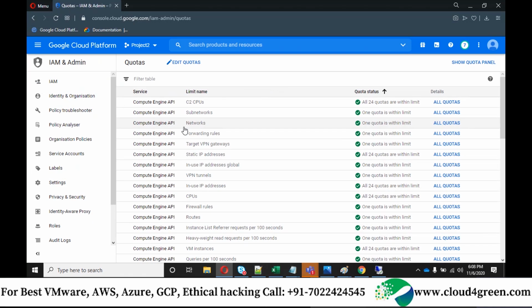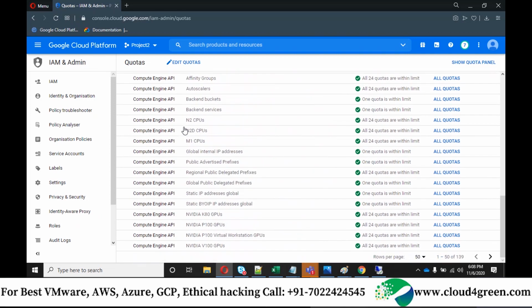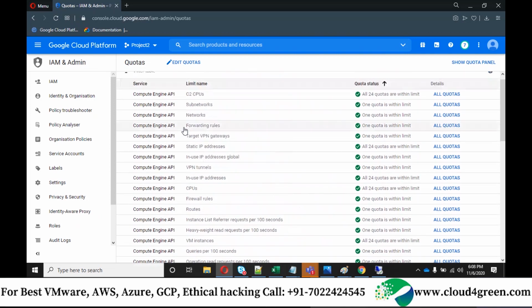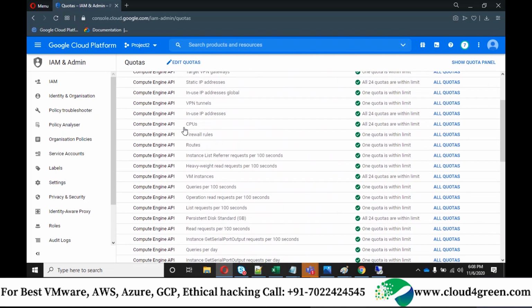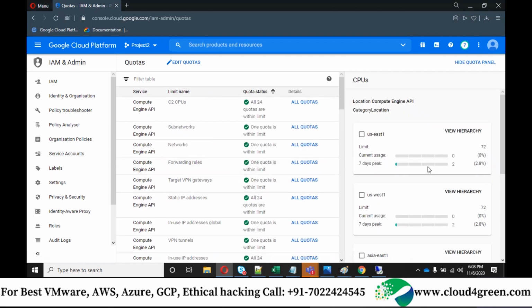So here in AWS, sorry, in Google Cloud also we have quotas. Can you see quotas here? When I click on CPUs quota, you have a limit of 72.